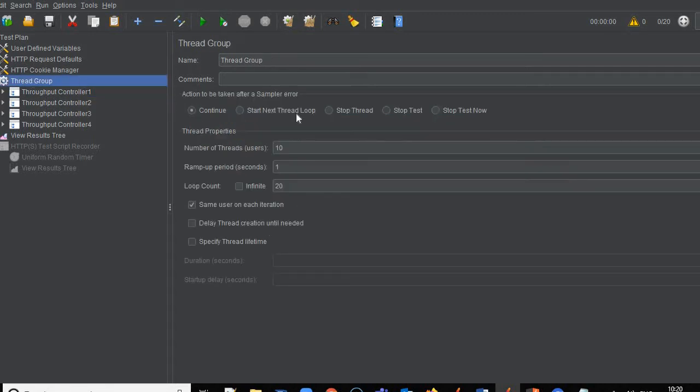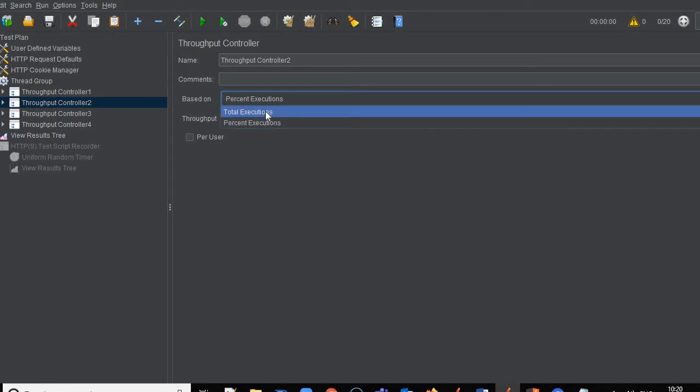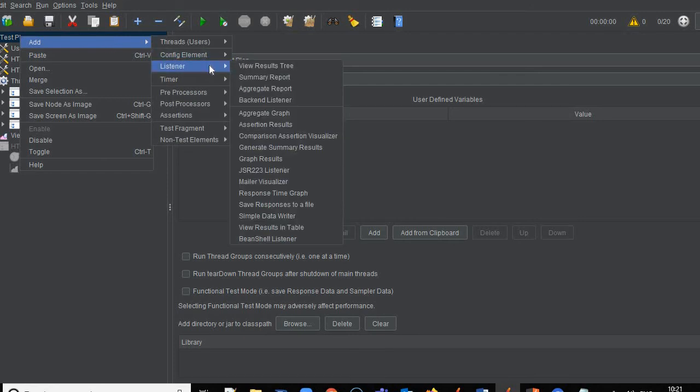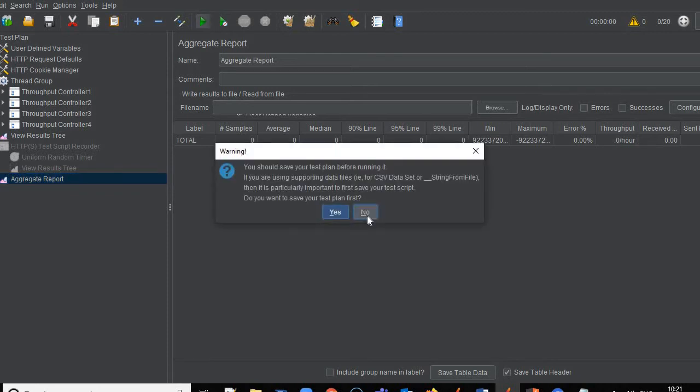As per thread group, a total of 200 iterations need to be executed, but I say I want this controller to execute only 10 times, controller 2 to execute 20 times, controller 3 total executions 30 times, and controller 4 total executions 40 times. Let me add one listener as well so that we can see how it is executing. Let's start the execution now and we'll see.